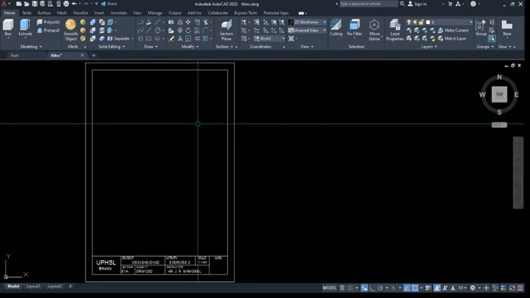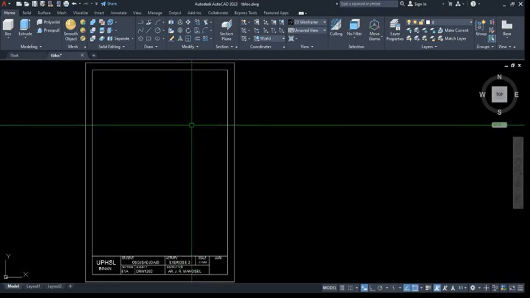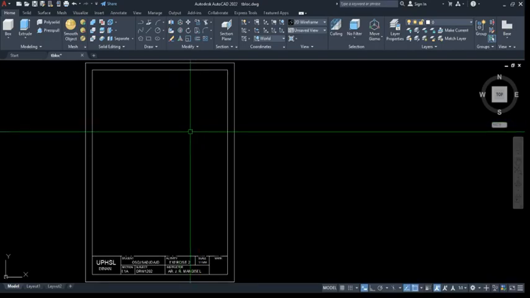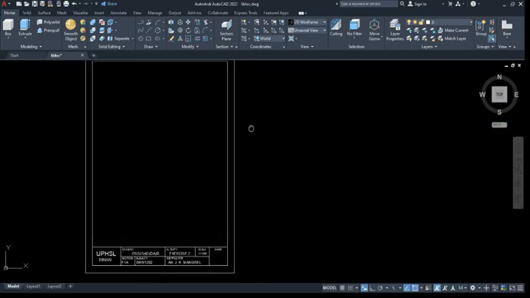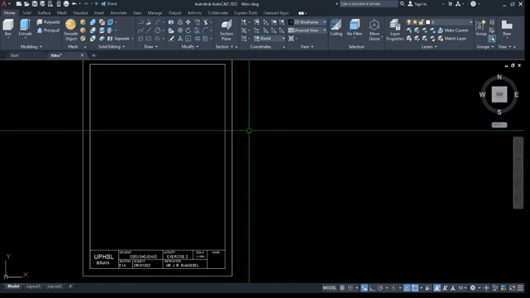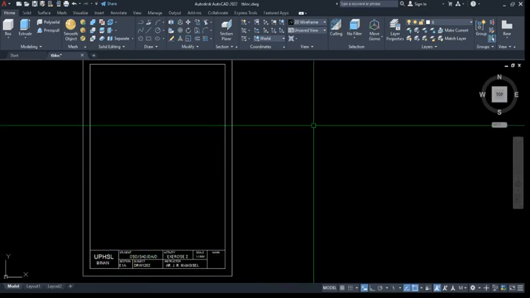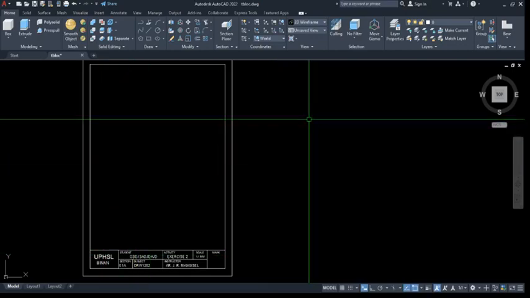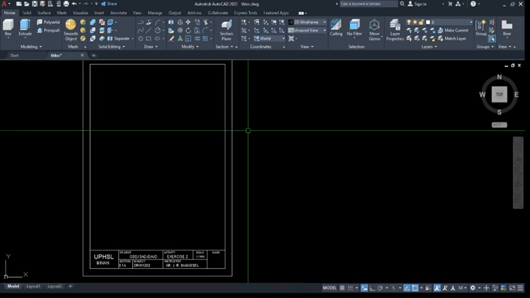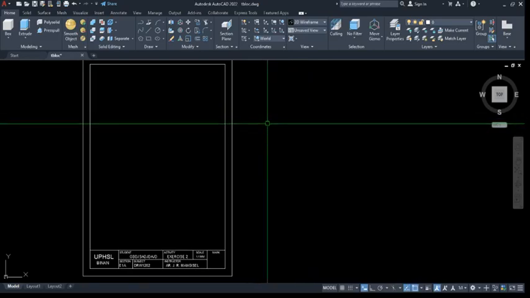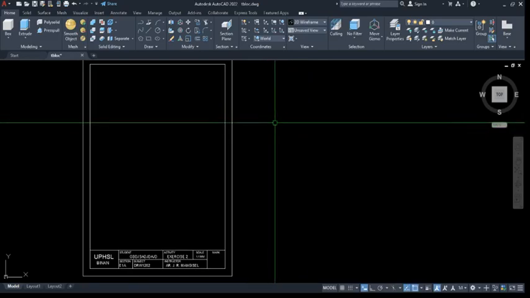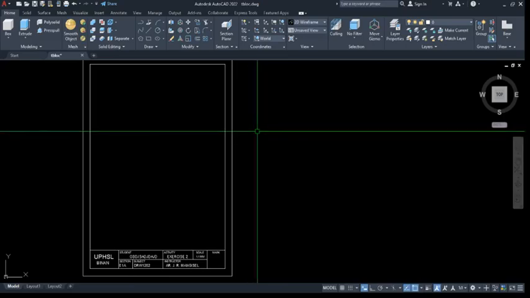No, A4, sorry. So this is for A4 paper size with portrait orientation. Okay, so let's begin. So we have already here an example